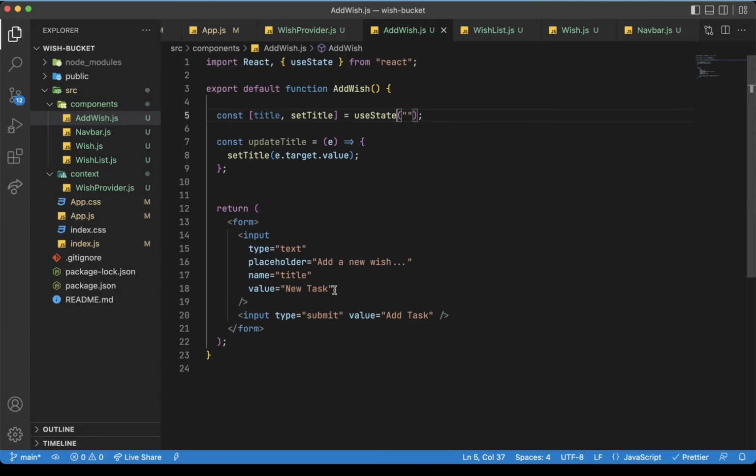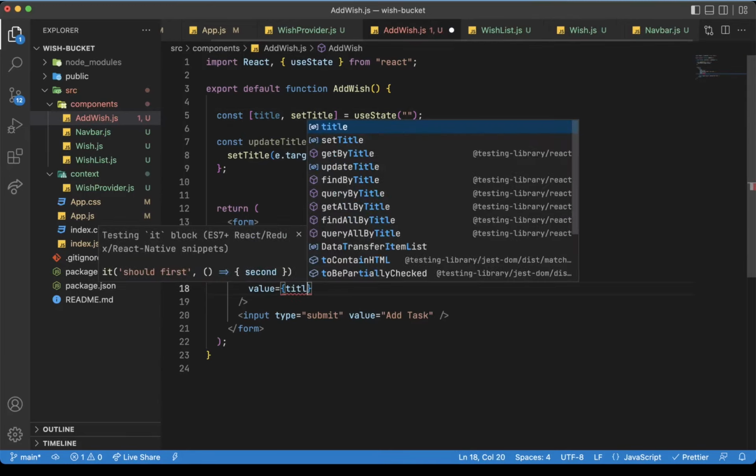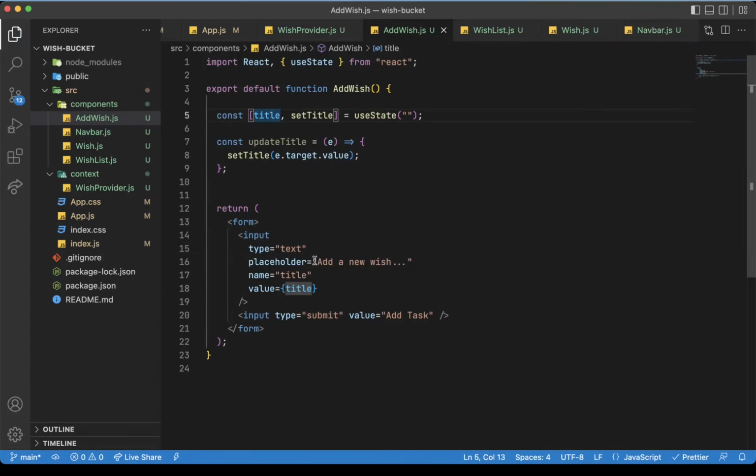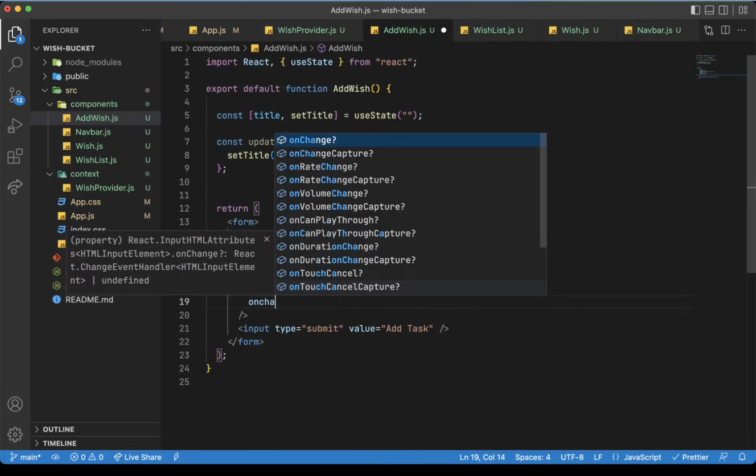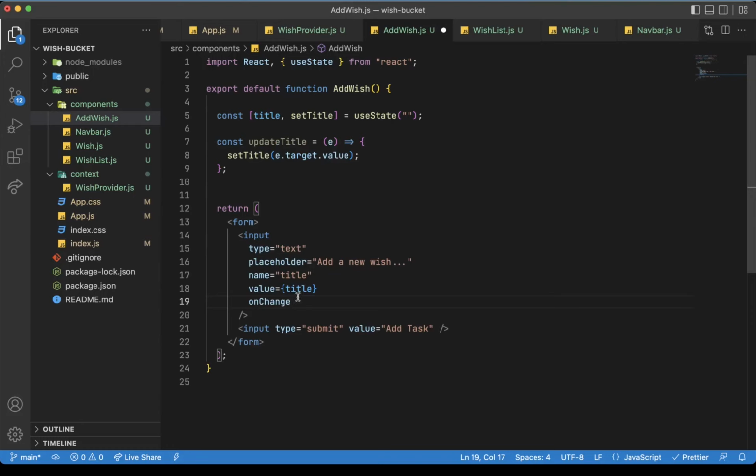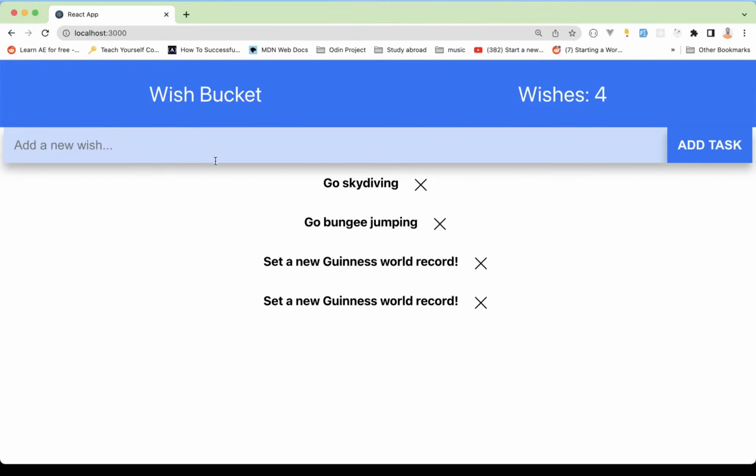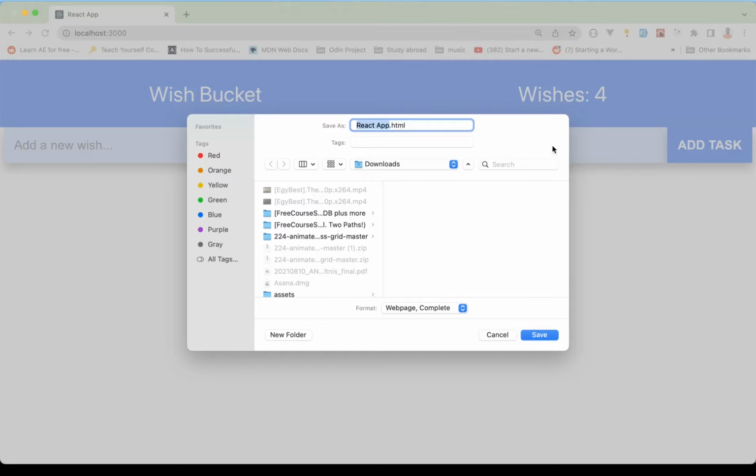And we need to add two things in our input. First, value needs to reflect the title that we have just created. And we'll need to add a new event, which is onChange. Now, every time we type something, we want to execute this function, updateTitle. To do this, all we need to do is to call it out here. So updateTitle, and that's it. Let's go back, try to type something. And for now, we won't see anything, but just bear with me for a second, and we will add the add task